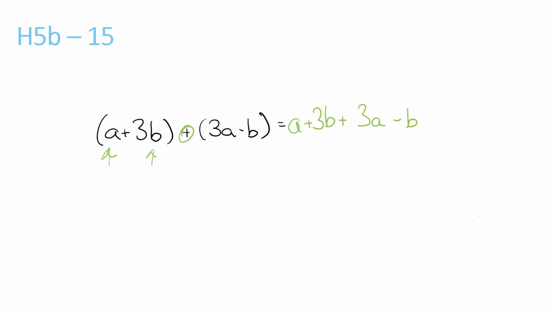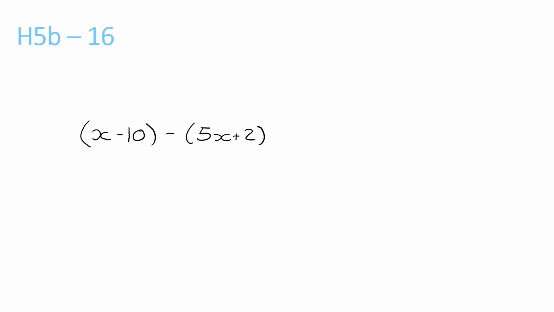So you've got that part, and then you do equals a plus 3a, so it's just 1 plus 3, which is 4, with the a, so that would be 4a. You have the plus 3b minus b, so that's 3 minus 1, which would be 2, so plus 2b. Done. This question, used under the brackets, so it would be brackets x minus 10,